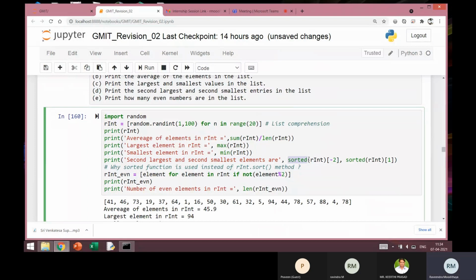Sorted of rint will produce a new list which will have the numbers in ascending order.